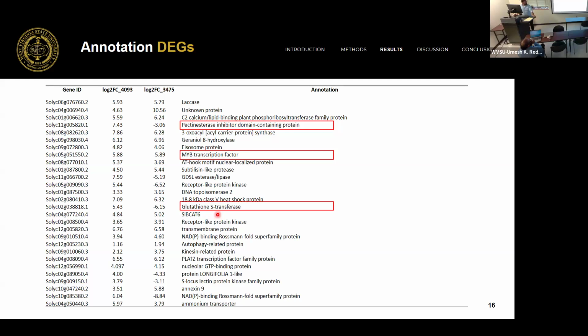and maintain the plant homeostasis. And GDSL esterase is also there. This is important for